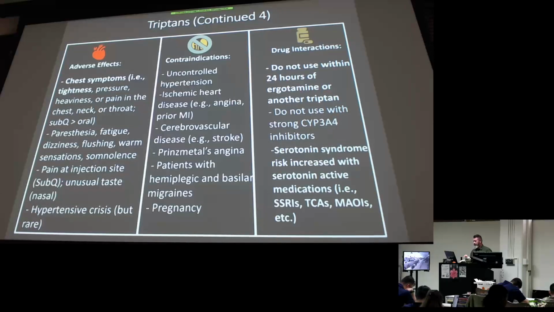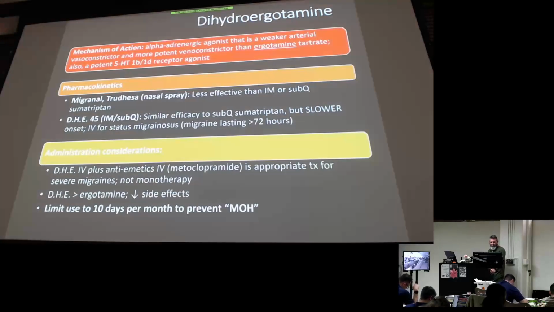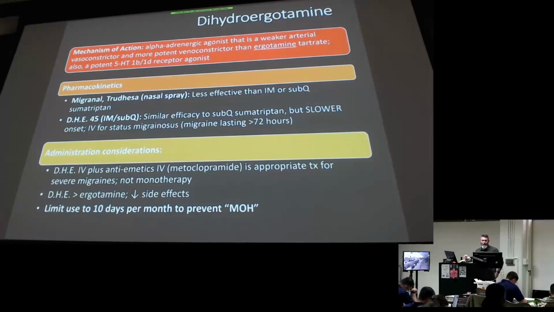Triptans okay in pregnancy. Juniors, you got it over there? Good deal. Let's get to where we were. All right, so, ergotamines, not quite as severe little brother, right? Dihydroergotamine, but the same contraindications, right? A little bit less of the vasoconstriction on the arteries than ergotamine, but still a potent venoconstrictor.